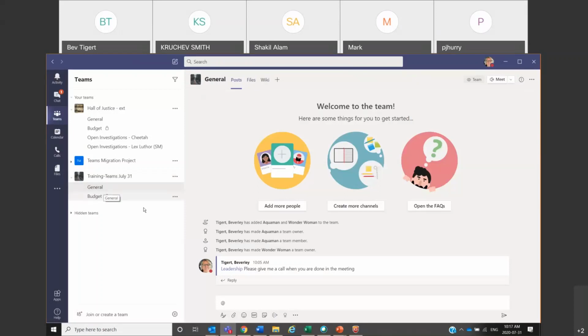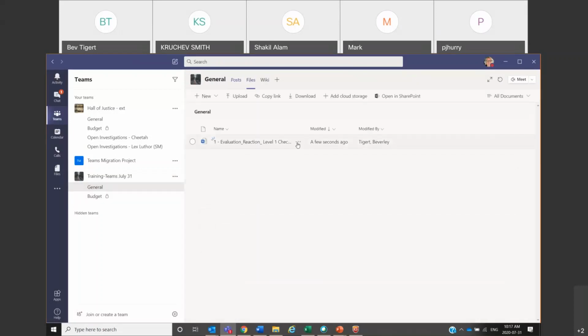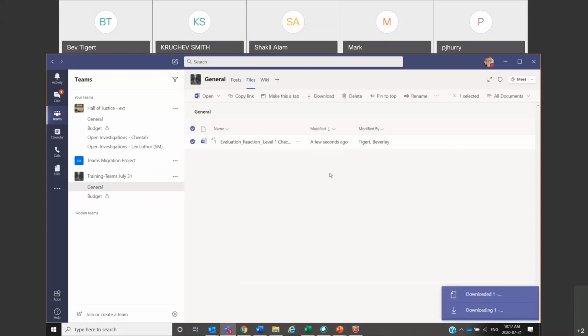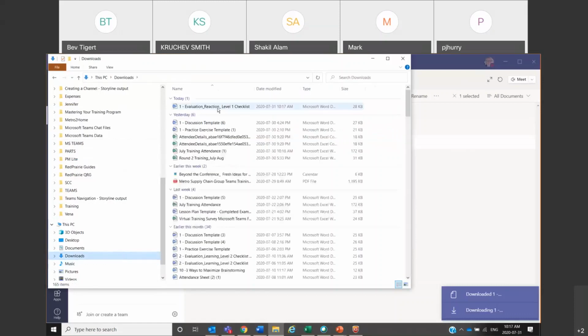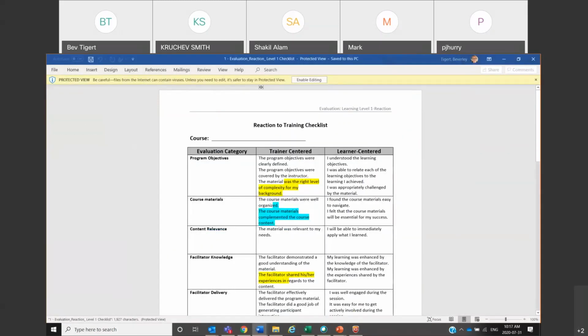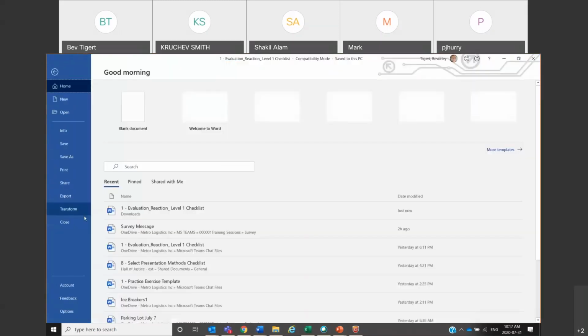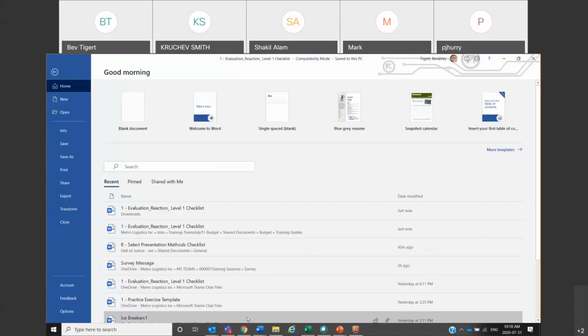What else do I want to show you when you're inside files? So back here, you can copy, you can download. Whenever you download a file, it's going to download over here into downloads. And there it is. When you open it, it'll open up in Word, enable, and then you can save it wherever you want to save it. So that's always good for those documentations that are complete and ready to go. You can keep a copy for yourself.